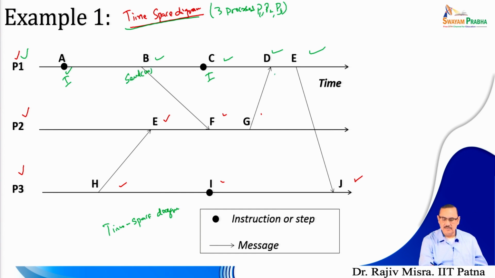D is a receive of a message event, and E is a send of a message event. Whereas in process P2, E is the receive of a message event,